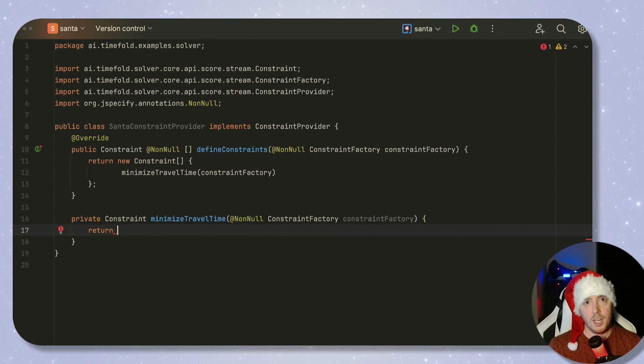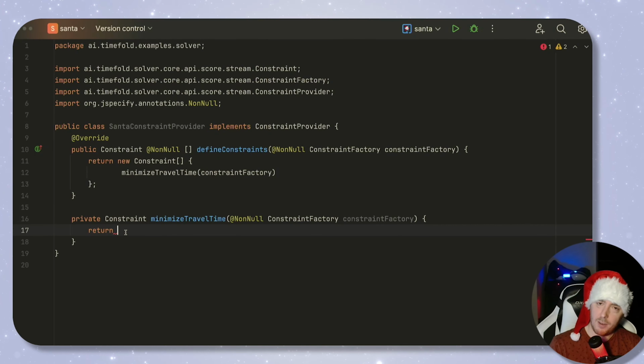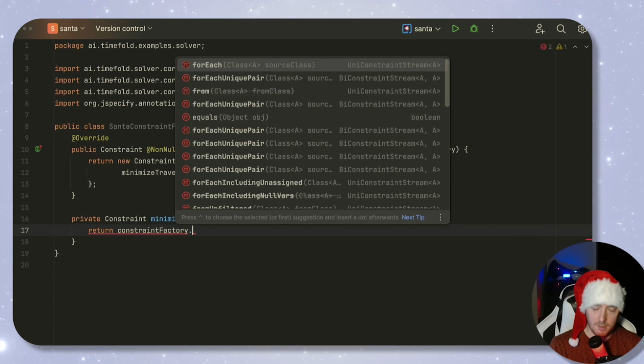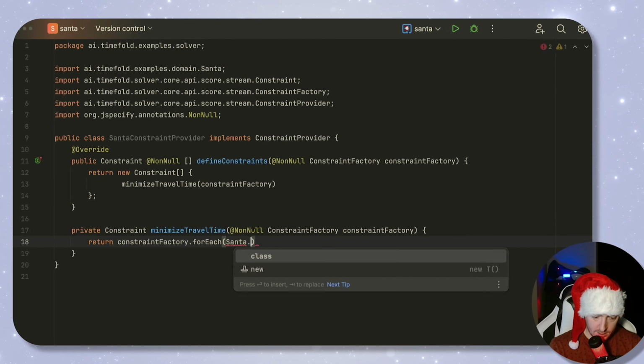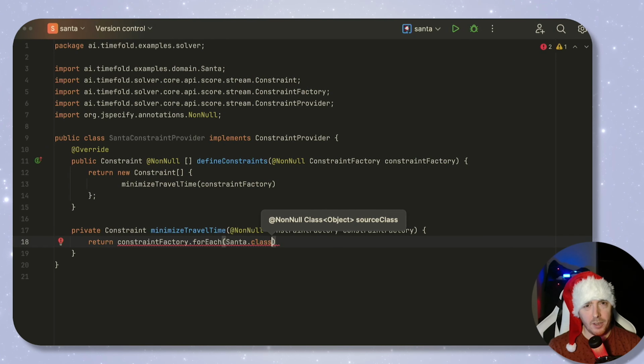There. And now I can start creating our constraint. Now, a constraint is basically a little piece of business logic that the solver will trigger over and over to calculate a score. The constraint that we want to make is to minimize the travel time. In order to make a constraint, you can use the constraint factory, and the constraint factory creates a constraint stream, and the constraint stream looks a little bit like SQL when you start working with it. So let me show you. Constraint factory dot forEach, sounds familiar if you're used to SQL, and we're going to say for each Santa dot class,